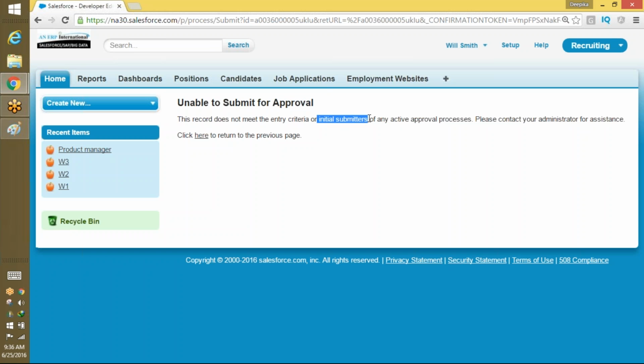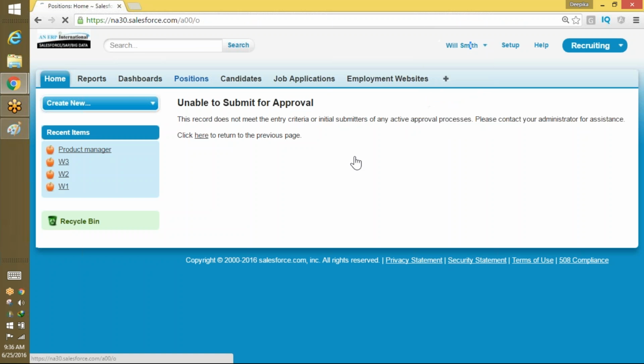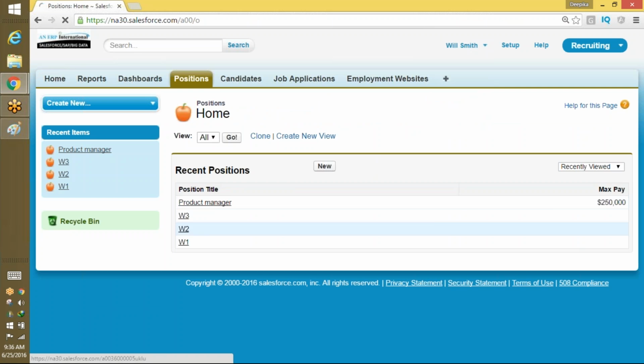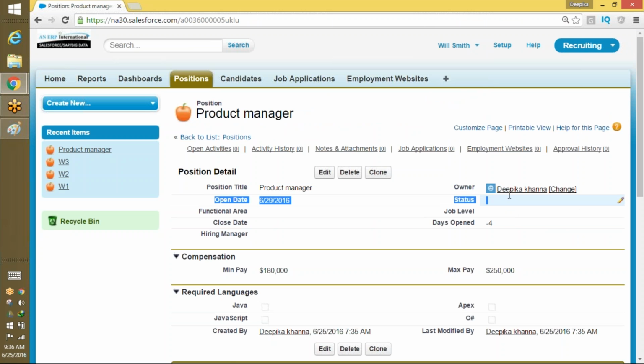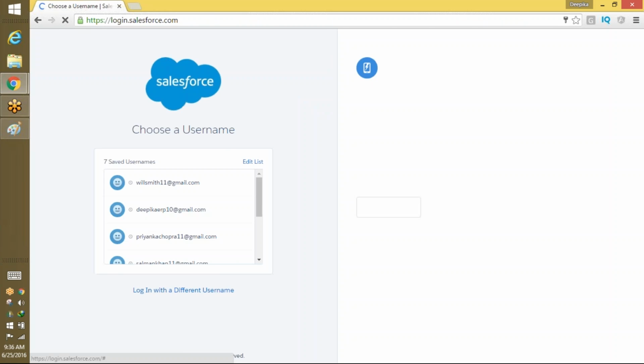Okay, it meets the entry criteria, everything is right. But he is Will Smith and he is not the one who is the owner. Who is the owner of the record? Owner of the record is Deepika. So she has the right to submit it. So if I log out and log back in again as Deepika,